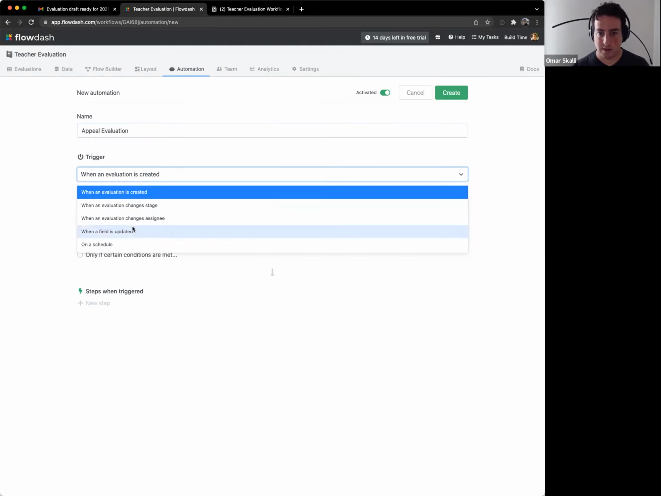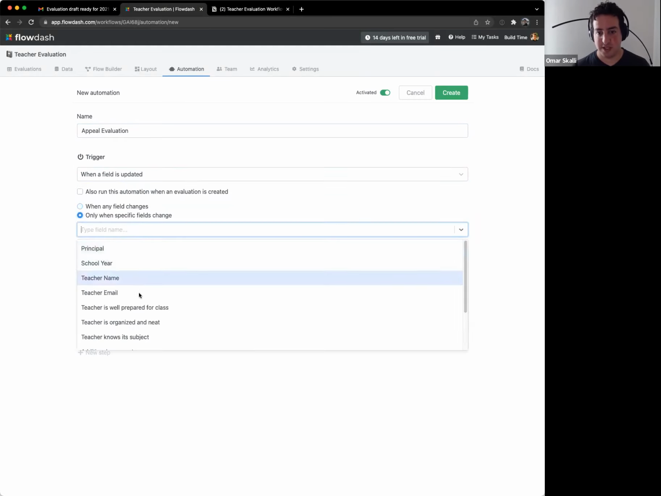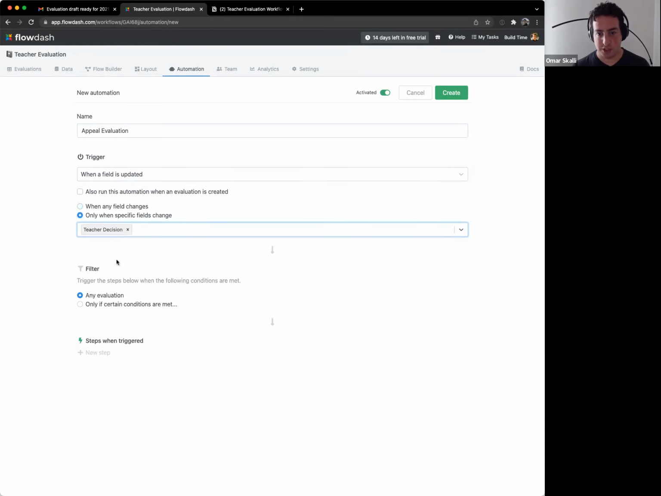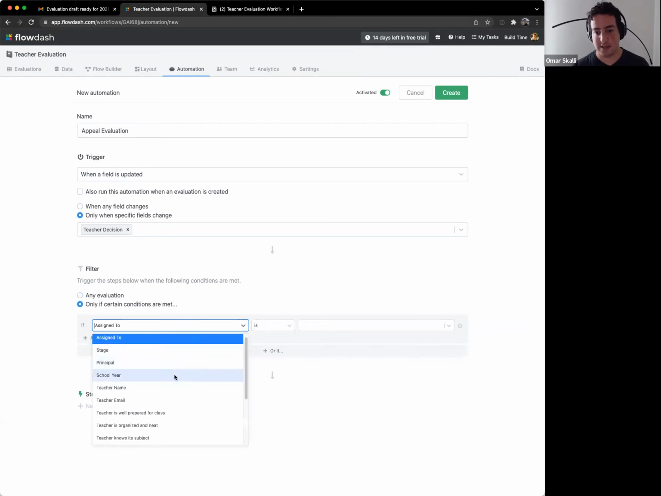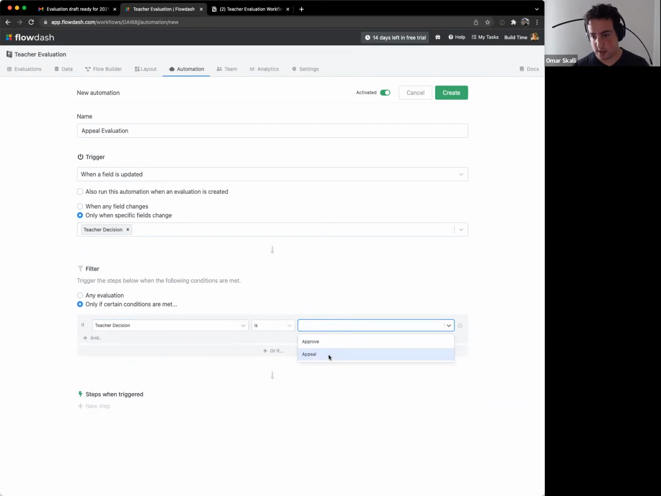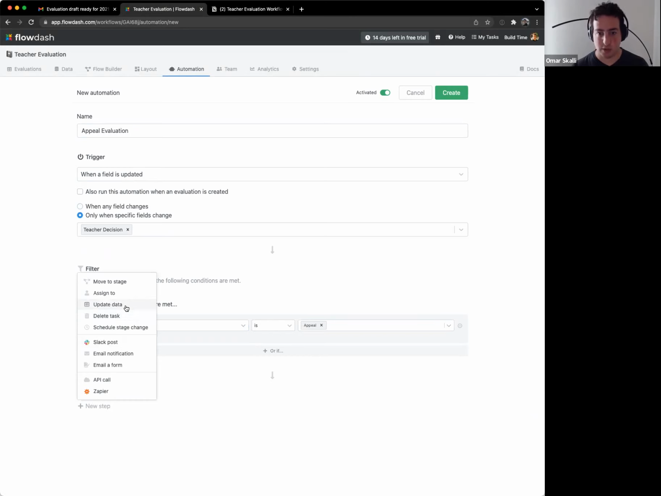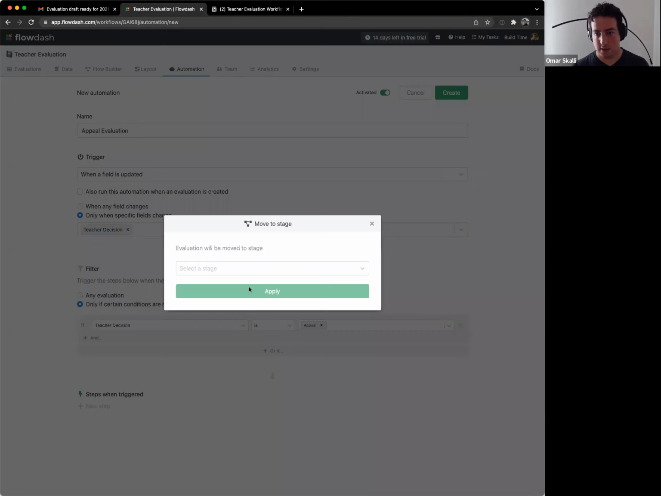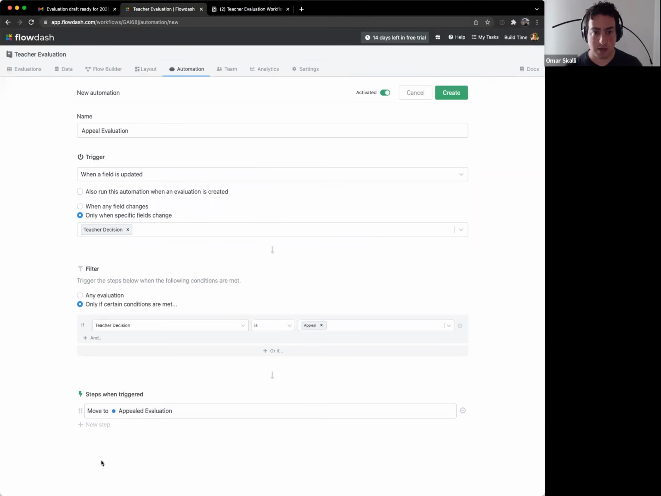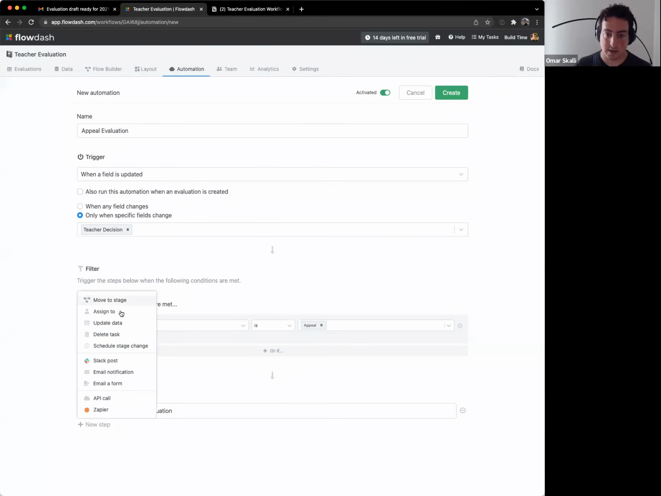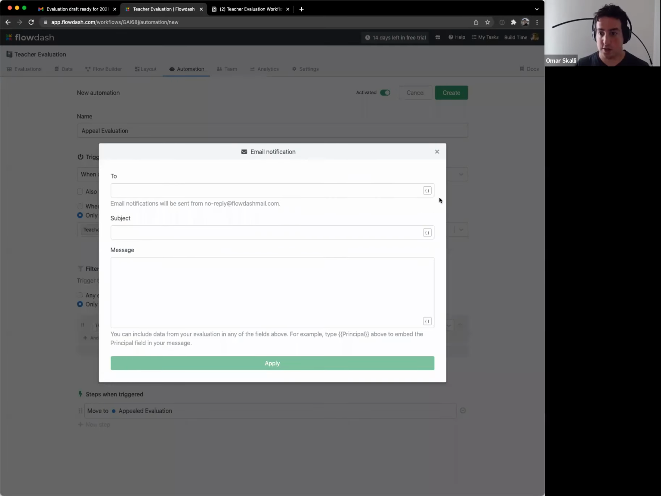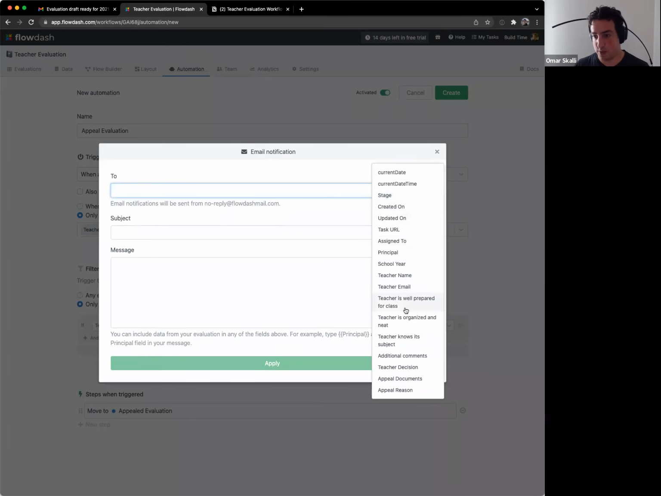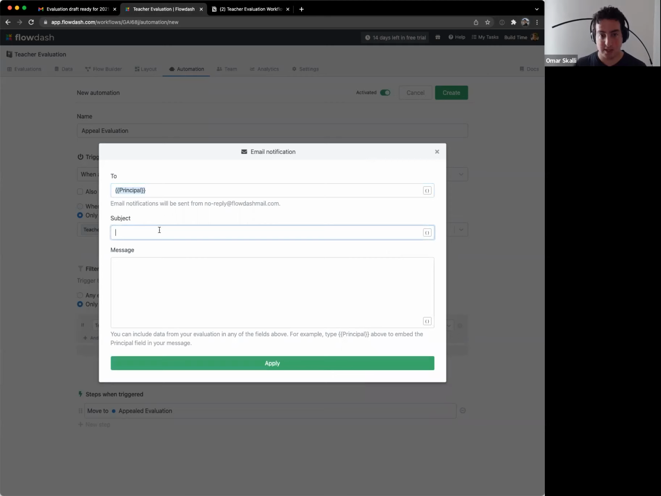And similarly, when a field is updated and a specific value is changed, which is a teacher decision, and that decision is appeal, then we want to move the form to appeal evaluation. If we wanted, this is also where we can send an email to the principal. So we can, for example, say, okay, when there's an appeal, you kind of want to know about it. Maybe you want to know in both cases, I'm not sure, but we can say,